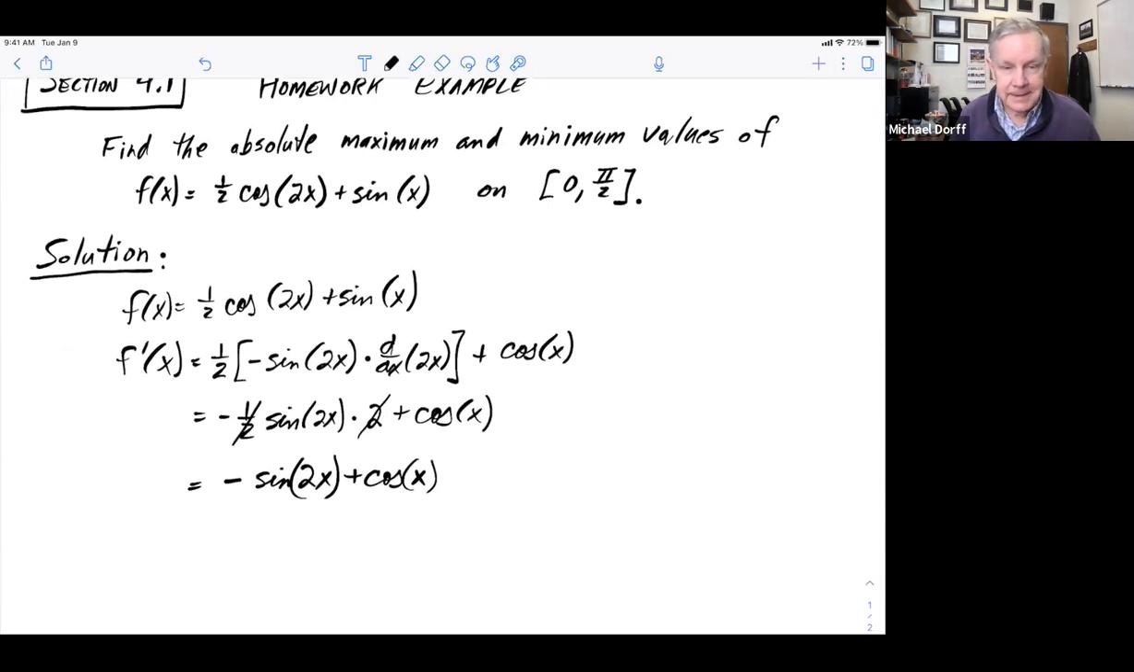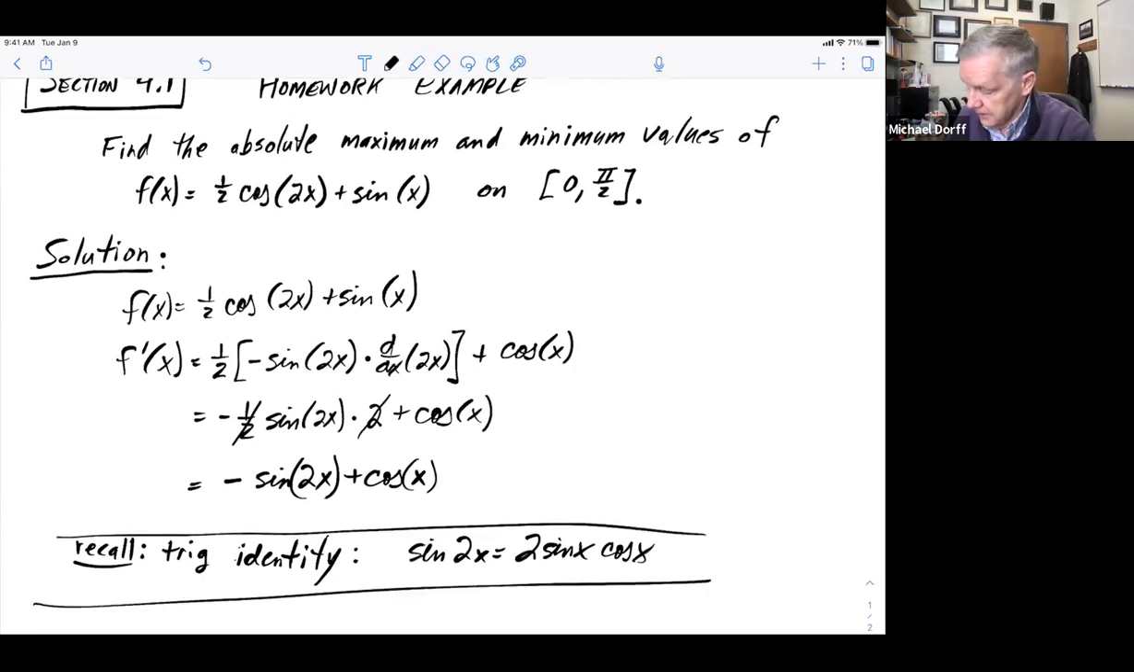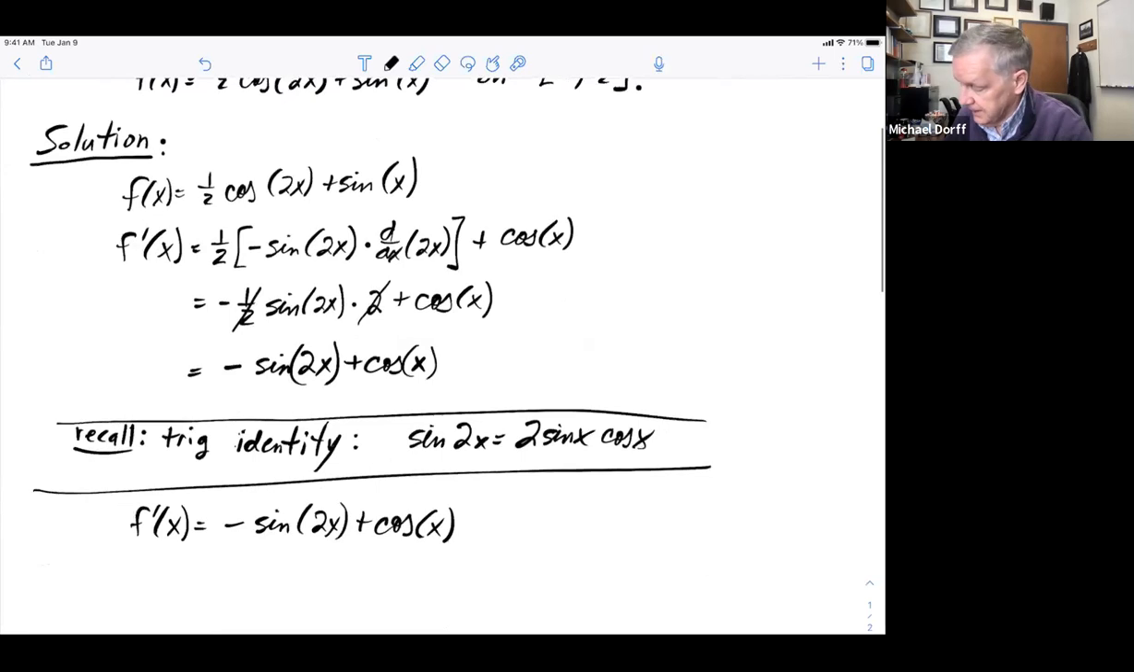All right, well, I look at this and it's kind of hard to figure out where this equals 0. But I'm going to use a trig identity. The trig identity is that the sine of 2x equals 2 sine x cosine x. So we're going to use that one here. So I have the derivative equals negative sine 2x plus cosine x. And I'm going to substitute in that trig identity, and that's going to give me minus 2 sine x cosine x